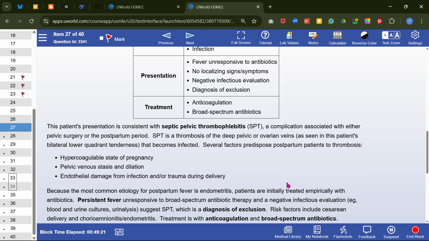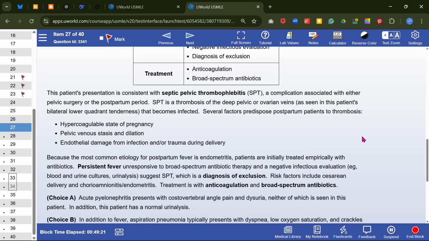Several factors predispose postpartum patients to thrombosis: hypercoagulable state of pregnancy, pelvic venous stasis and dilatation, and endothelial damage from infection or trauma during delivery. Because the most common etiology for postpartum fever is endometritis,